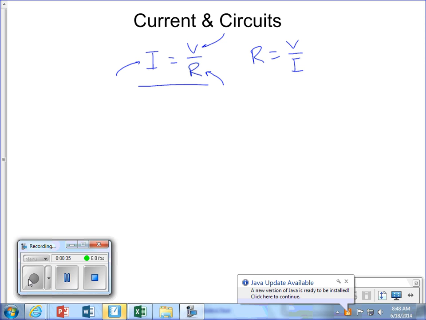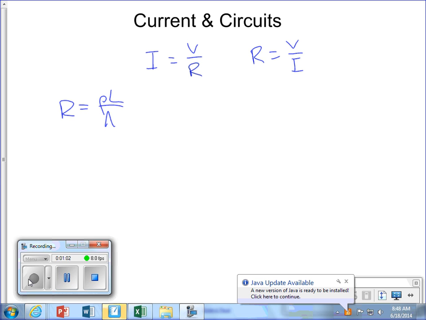The more voltage, or potential difference, you apply across, let's say, a resistor, the more current you get through the resistor. But the more resistance that resistor has, the less current you get. So that's called Ohm's Law. Current depends on voltage and resistance. Resistance